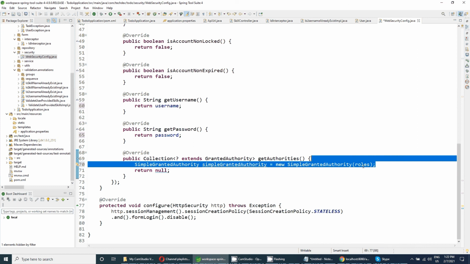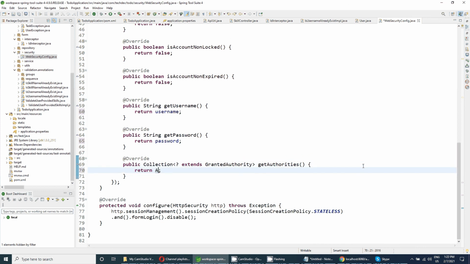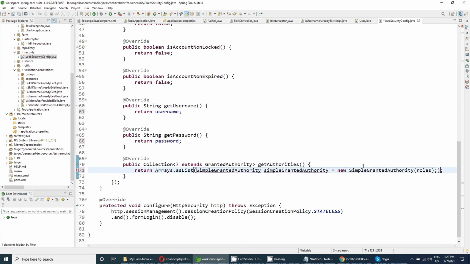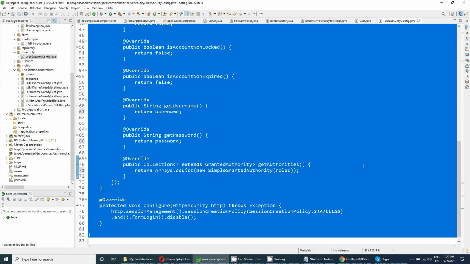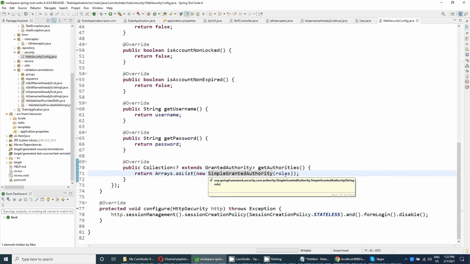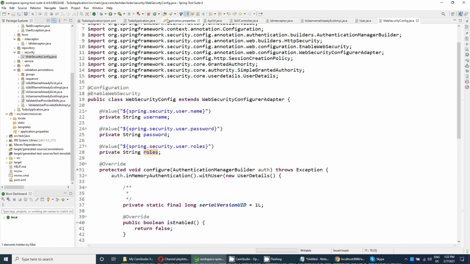And then what we need to do is Arrays.asList, and we are saying new SimpleGrantedAuthority with the roles provided. So inside a simple collection of the list, we have only one object, which contains this roles, that is the admin role.